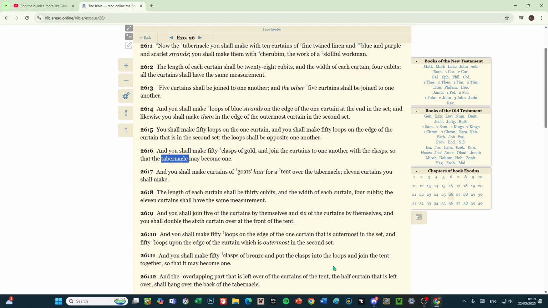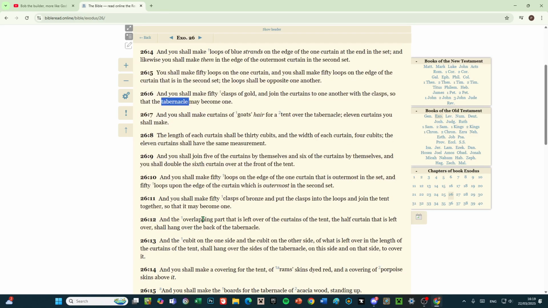You shall make 50 loops on the edge of the one curtain that is outermost in the set, and 50 loops upon the edge of the curtain which is outermost in the second set. And you shall make 50 clasps of bronze and put the clasps into the loops and join the tent together so that it may become one. And the overlapping part that is left over the curtains of the tent, the half curtain that is left shall hang over the back of the tabernacle, and the cubit on the one side and the cubit on the other side of what is left